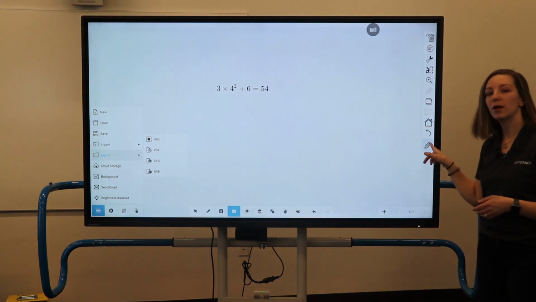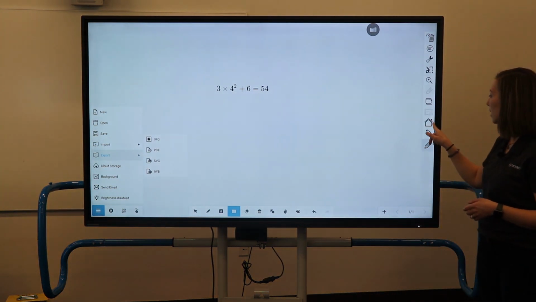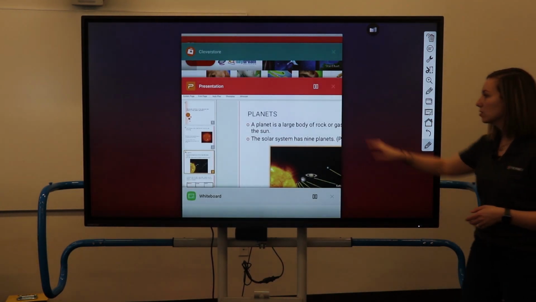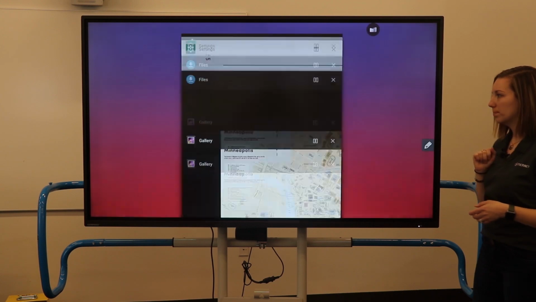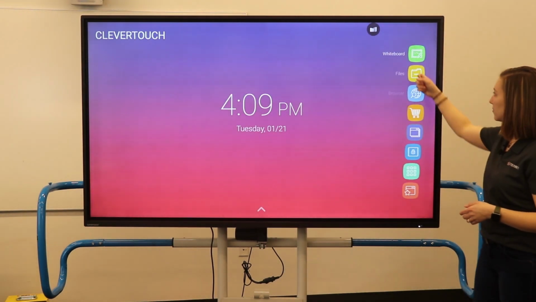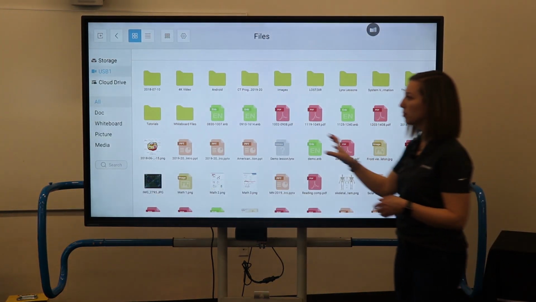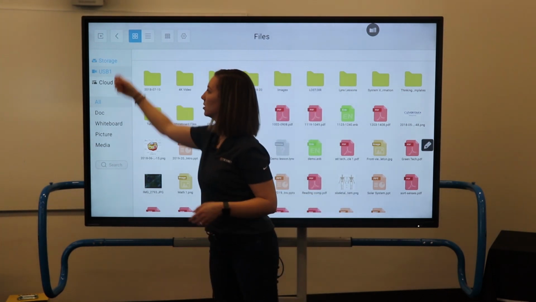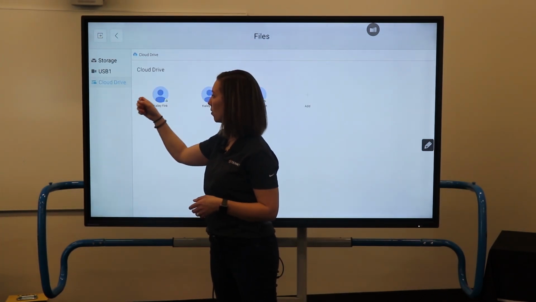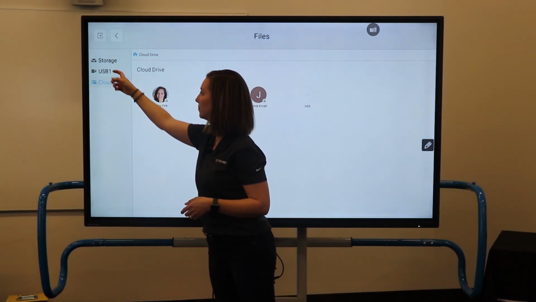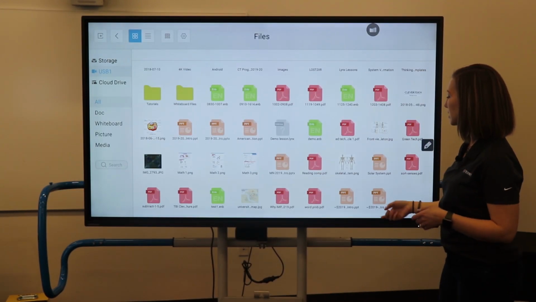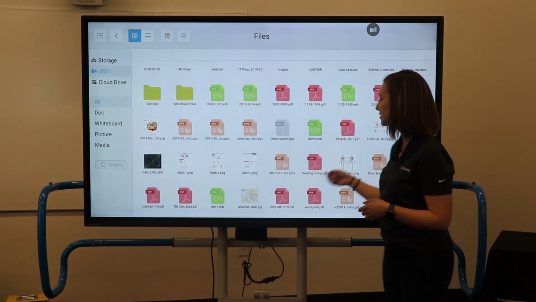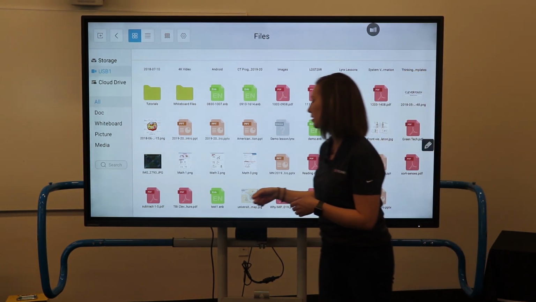Using the floating toolbar, I can navigate between any of my windows, active windows, or back home. In file management, I can easily plug in a USB drive, use storage on the panel, or upload my Google Drive. From a USB drive, I can then open any type of file, including PDFs, PowerPoint, JPEG,